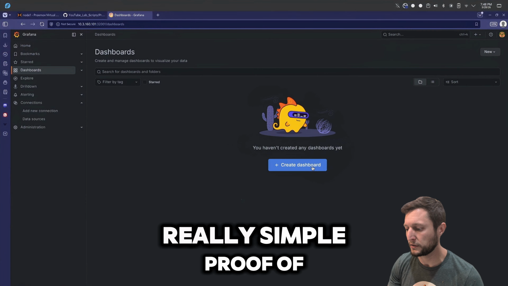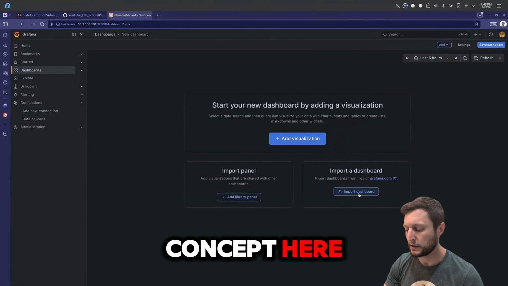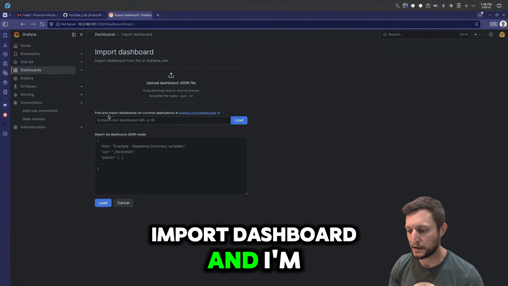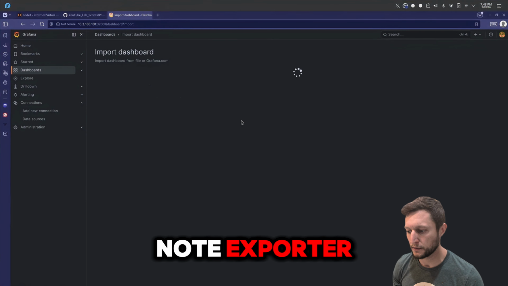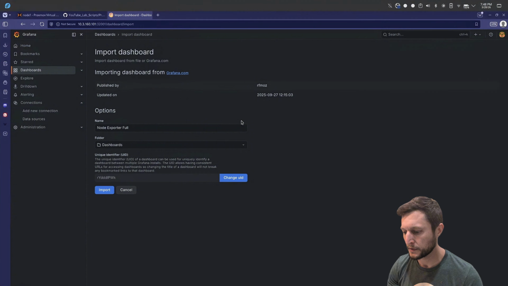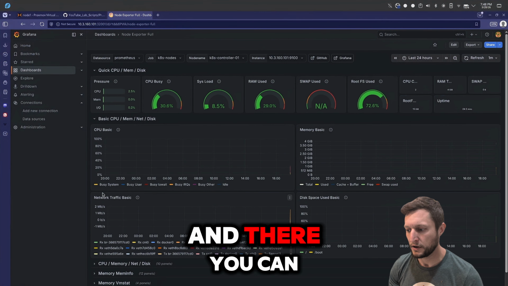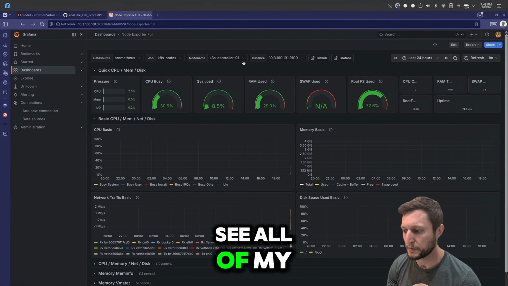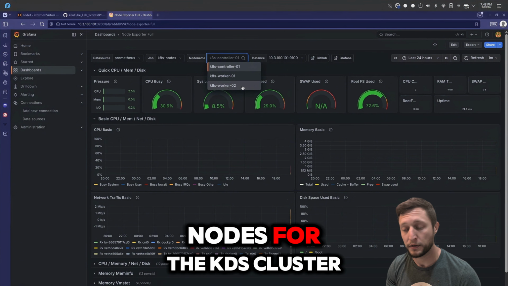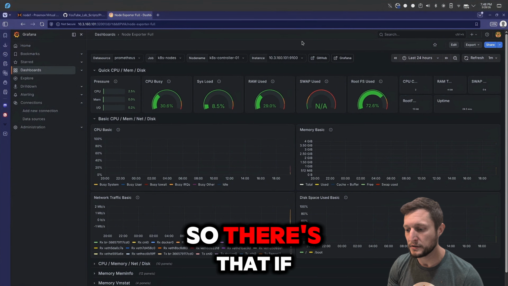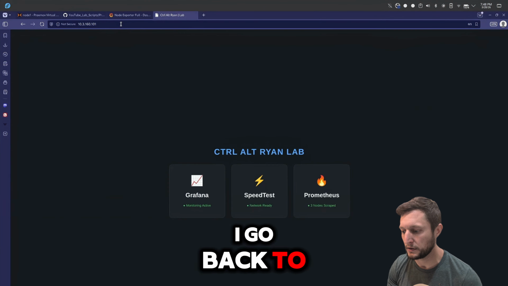Now, just for a really simple proof of concept here, I'm going to go to import dashboard, and I'm going to type in 1860. This is just a node exporter, very common dashboard. And we're going to hit import. And there you can see all of my different variables. I can see my controller and my worker nodes for the K8s cluster. So there's that. If I go back to the dashboard,